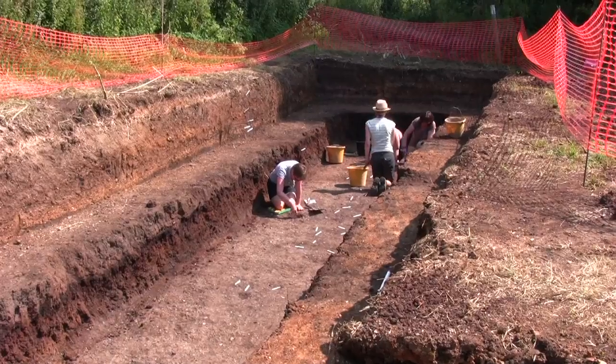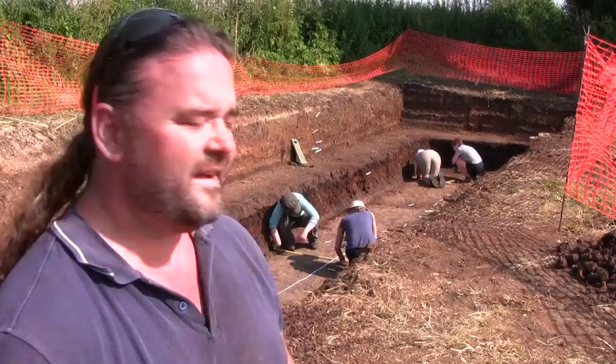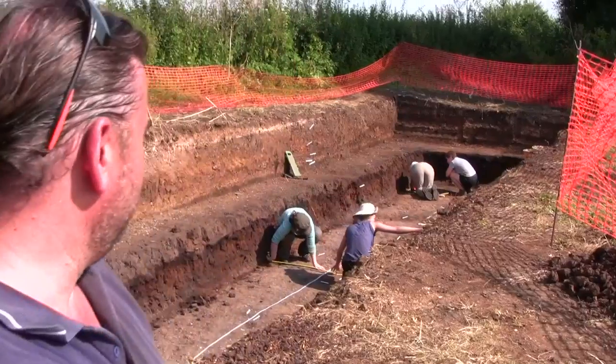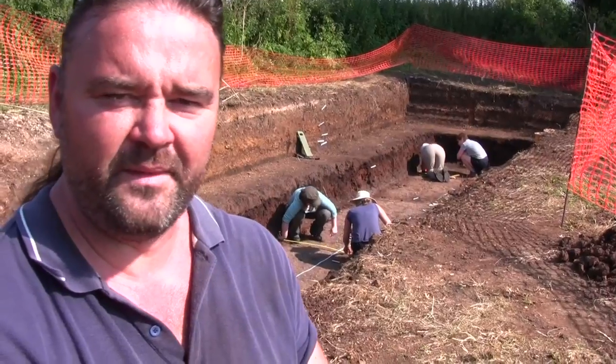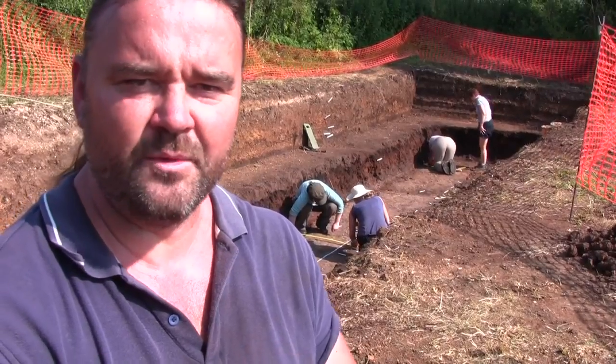Okay, it's the end of day 4, a beautiful sunny day, and we've effectively exposed the buried soil. And what we're doing at the moment is plotting in the location of bits of flint and bits of pot that we found within that buried soil. We also think that we've got a few stake holes, a few post holes possibly, and also some trampled deposits,